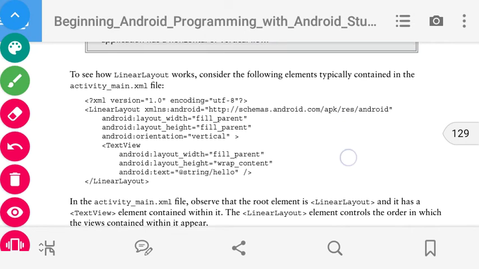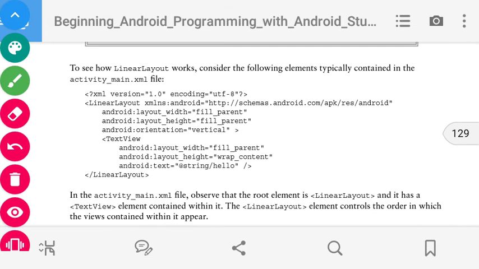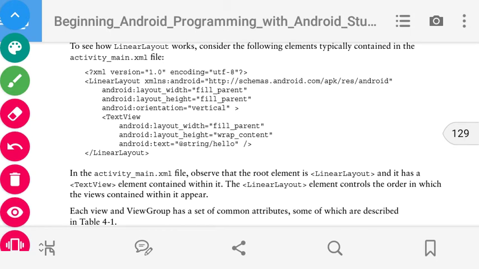here is the code for the Android activity_main.xml file. Here we have given the linear layout tag. The linear layout tag starts here and it ends in the last line.